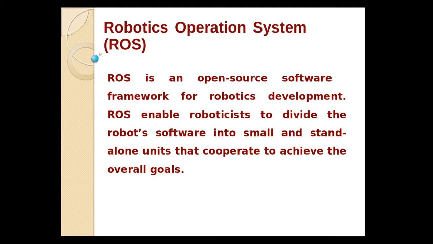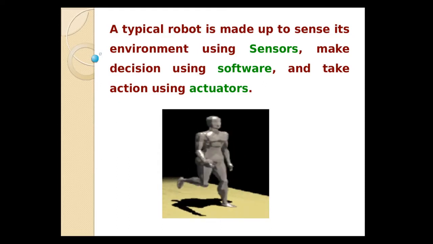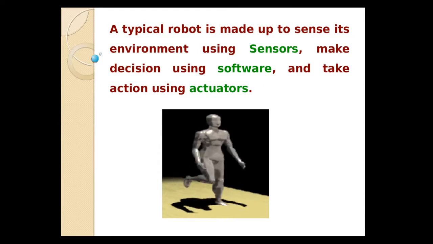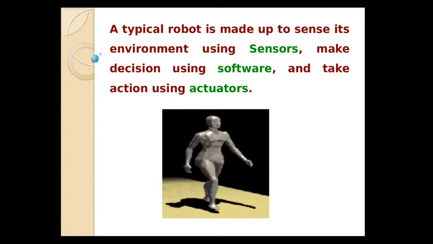ROS enables roboticists to divide robot software into small and standalone units that cooperate to achieve the overall goals. A typical robot is made up to sense its environment using sensors, make decisions using software, and take action using actuators. Building such a robot before the advent of ROS used to be a long and cumbersome process, as all the components had to essentially be built from scratch. So ROS simplified this process by providing a powerful communication system, allowing these components such as sensors, software, and actuators to communicate